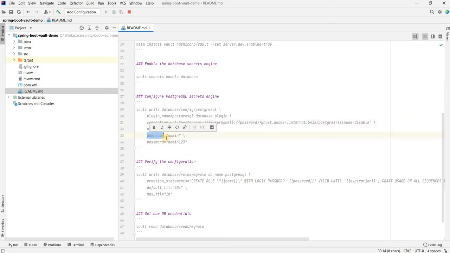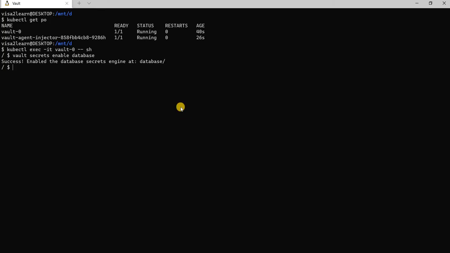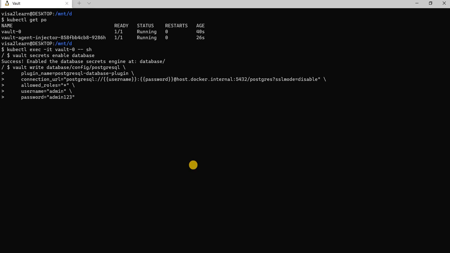And if you see closely the username and password, it's the admin user that we created moments ago. So we have to use the same username and password here. So let's go ahead and configure this. If you don't see any error message here, that means this command was successful. We don't see any errors here, so we are good.